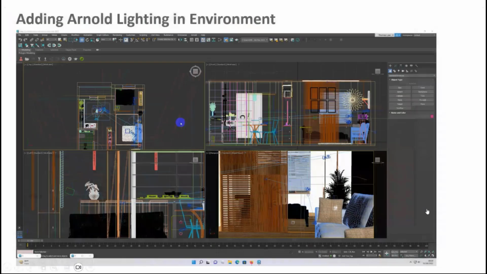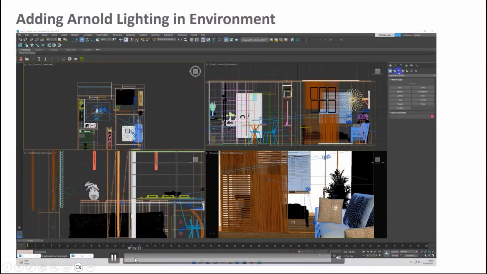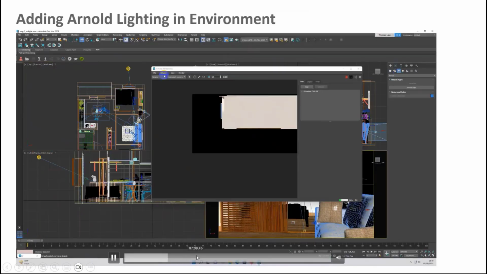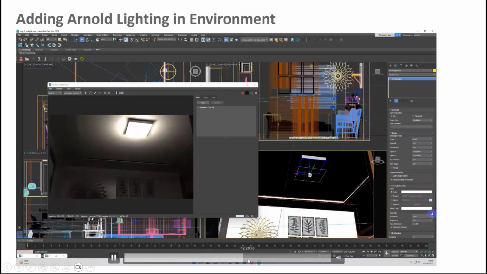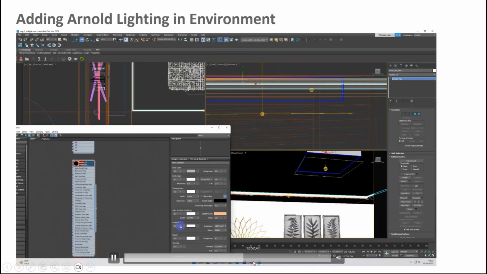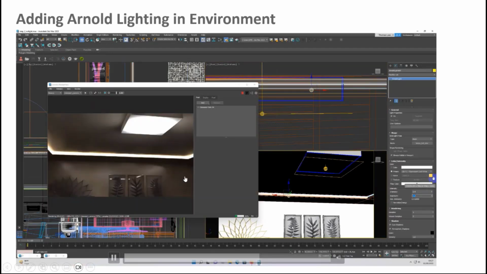So I think this is the kind of model. Which Arnold model? There are a lot of Arnold models. Let's say I want to create a ceiling lamp. Let's say I want to create some IES, if you're a Revit user or interior designer. Sometimes you want to put some IES model lamp. This is easier. Let's say I want to create a ceiling lamp. This is created by mesh.